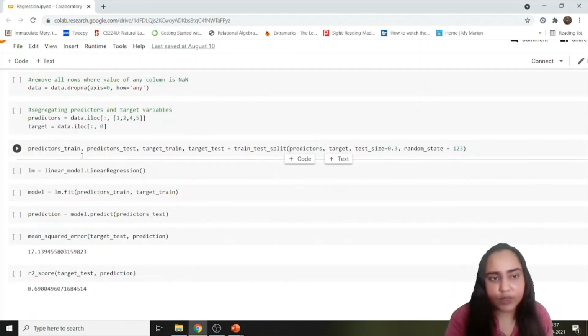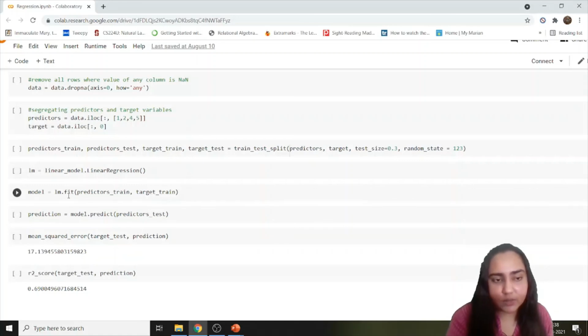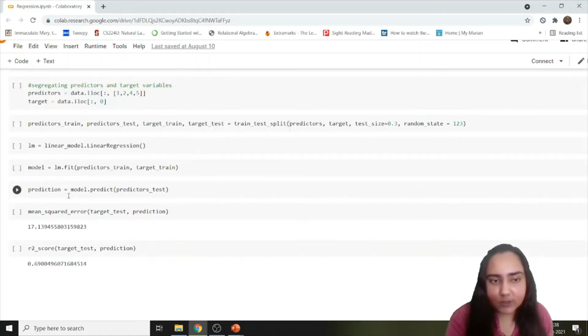Next, what we are doing is using this train_test_split module to split our data. So 30% of the data goes for testing, rest is for training. This you're quite familiar with by now. Next, we create the linear regression model by using the linear model which we imported earlier and call the LinearRegression function, and store that as an object ln. Then we fit the predictors training data and the target training data into our model by using ln.fit. Next, we want to make predictions. So this time we will pass the predictors test data and expect it to predict for us the target values.